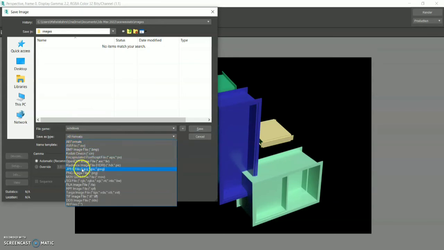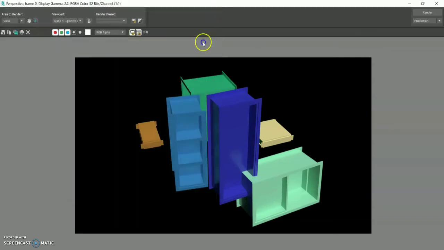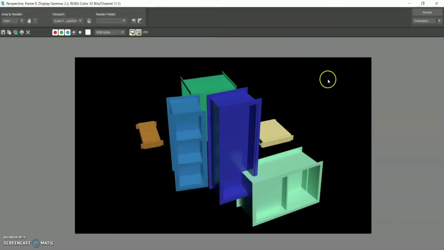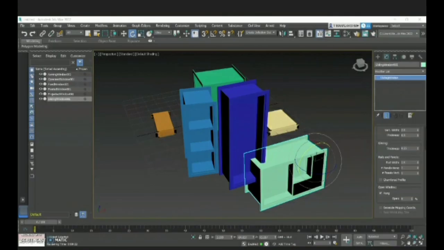Either you can give it in TGA format or you can give it in JPEG format, anything is fine, and save it, so that this particular image will be converted into JPEG format as an image final output, not a video but an image output. That's how you can check each and every animation whichever you are creating in 3ds Max as a rendering option, in order to check the clarity of the picture and also for the output.